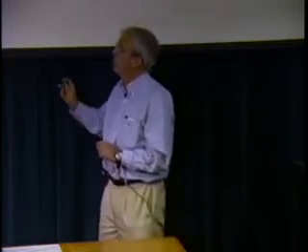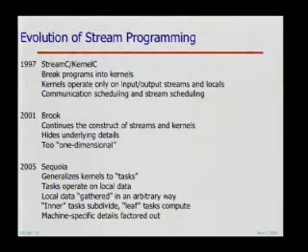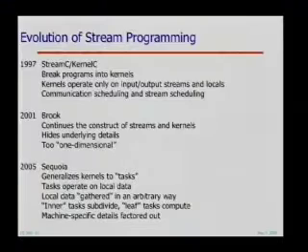So in Sequoia, we generalized the notion of kernels to what we call tasks. And the difference is, instead of being associated with a stream, which has this notion of a linear sequence to it, a task is simply associated with a number of blocks of data. And in Sequoia, you write a set of tasks that recursively decompose these blocks of data until you have a set of blocks of data that will fit in the bottom level of the memory hierarchy. And then you invoke what we call a leaf task on it, which actually does the work. I'll give you an example of this in a few minutes. And this really generalizes things in a nice way. It's hard to do things like an outer product in Brook, Stream C, kernel C. It's quite easy to do that in Sequoia.